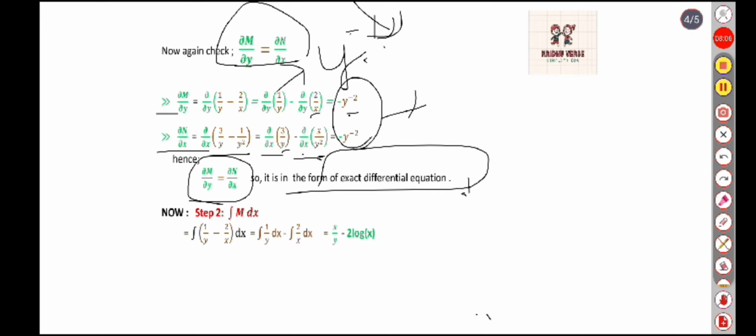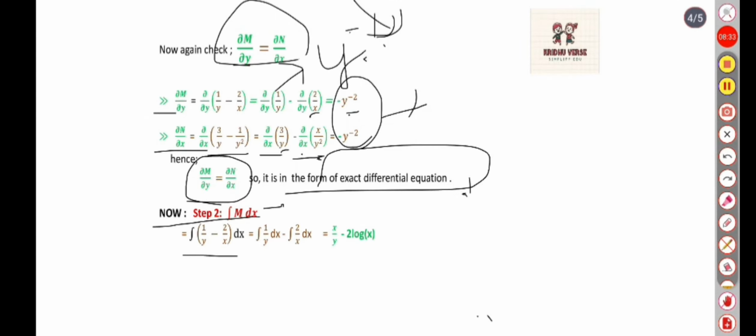Now we are solving it with its steps. Step 2 is integrating with respect to dx, that is the m term only. Here y we are taking constant, so integral of 1 by y minus 2 by x, so we are integrating it. Firstly, what is coming, 1 by y dx. So 1 by y was taken outside, so integral of dx means x over y came. Next, secondly, 2 by x dx, here integral of 1 by x means what, log x. 2 is constant, so outside, so it is x over y minus 2 log x. Integration formulas you guys know, I think, but still I will keep them in the video, you can check those.